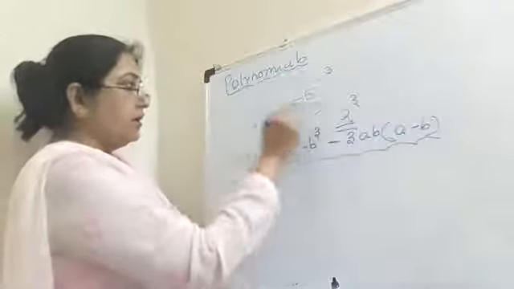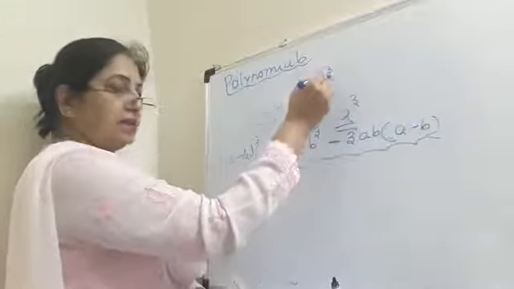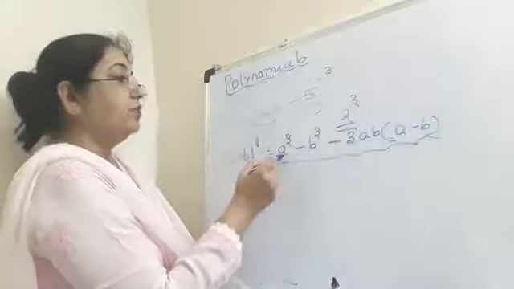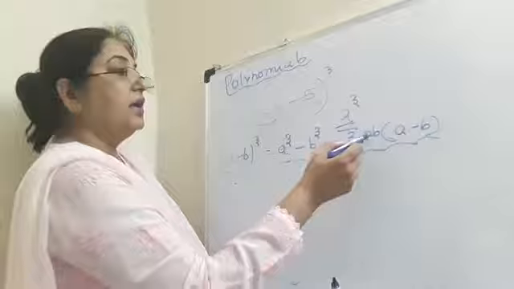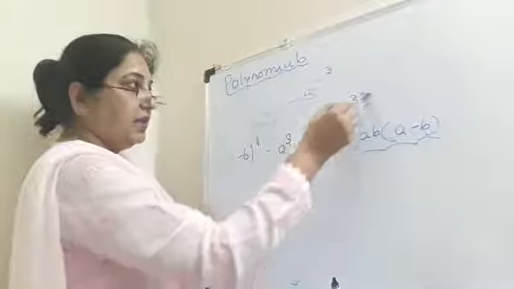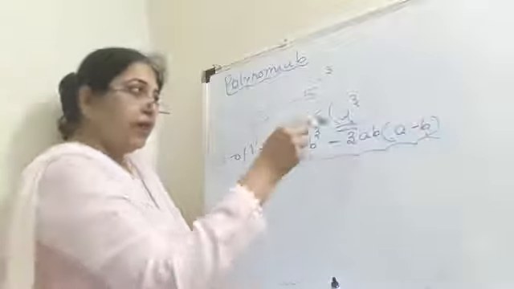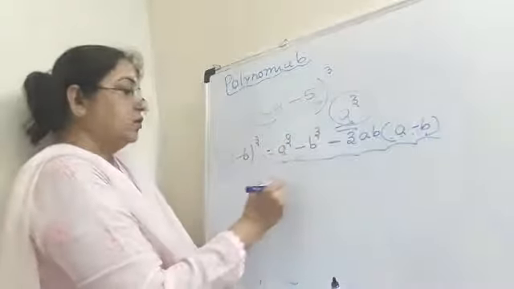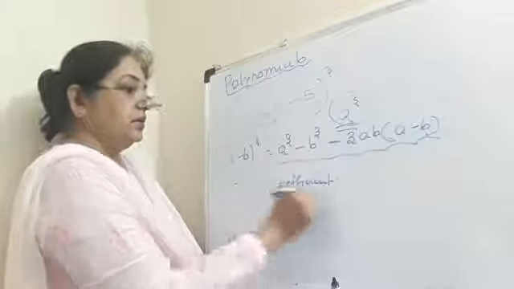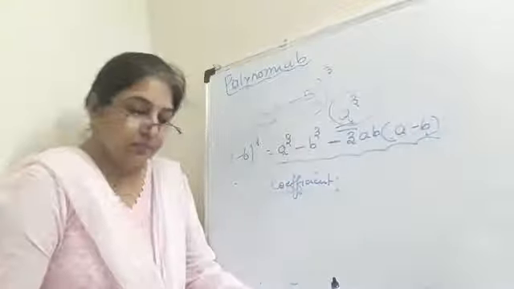Just now for this particular question, because you need an identity here, we can write a minus b the whole cube is equal to a cube minus b cube minus 3ab into a minus b. When you solve this, you will get a term in a cube, and for a cube you have to write what? Coefficient. Okay, so you can do this. You will be able to do.